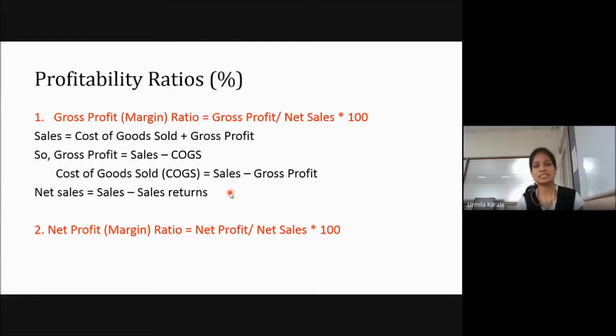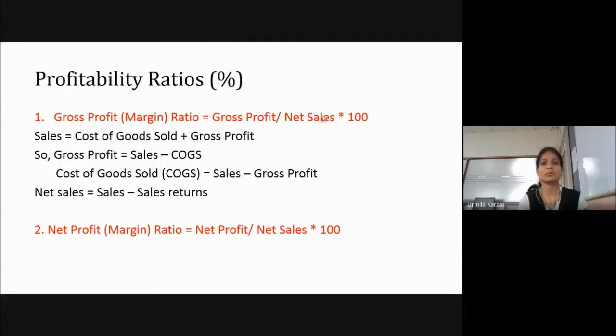Now, why are we considering sales in most of the profitability ratios? Because just logically you can try and understand, when we talk about profit, we are basically talking about how much income the business is getting. If you want to maximize the profit, when your sales increase, then only your profit will increase. So it is always logical to compare your profit against the sales and compare your profit against the cost that you have. So now the ratio here is gross profit out of the sales in percentage, how much it is.